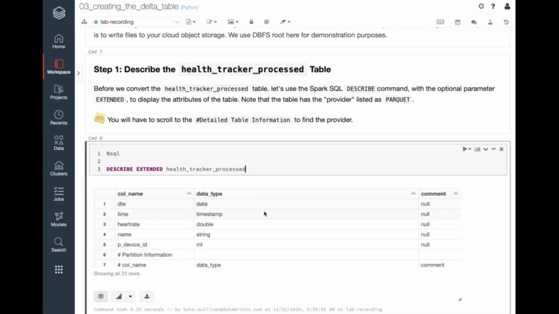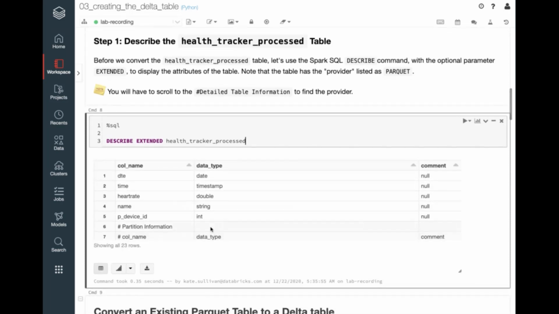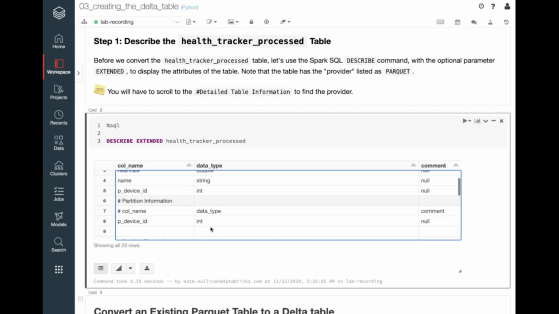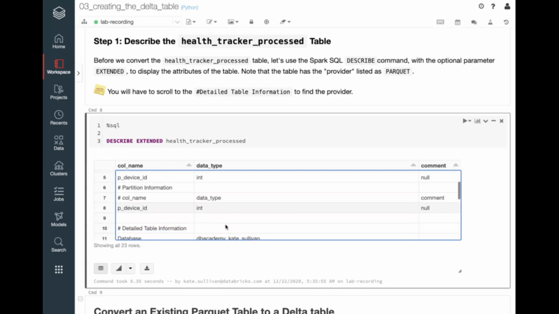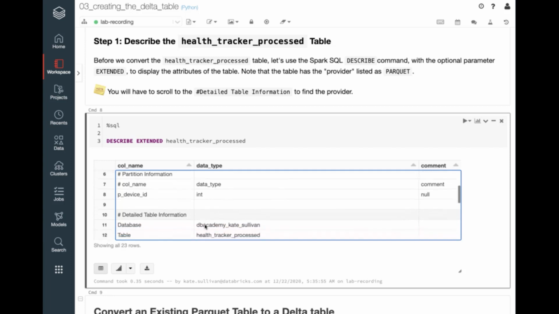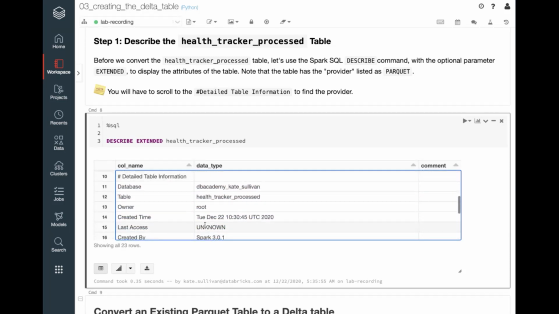Describe would tell us just the column names and the data type, but if we scroll down in this describe extended command, we can see a little bit more information, including which of these are the partition columns, which we don't really need, remember, because we've got that p_device ID, so everybody knows that that's the partition column. And then we can also see some detailed table information that includes the database that we're working in, the actual name of the table,